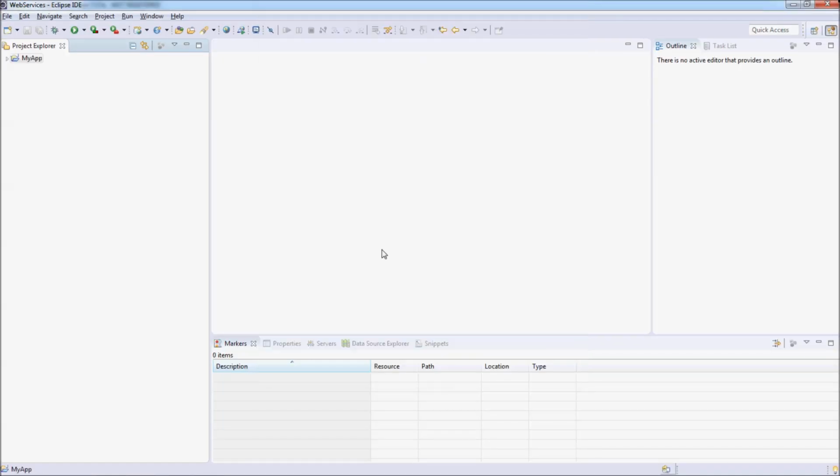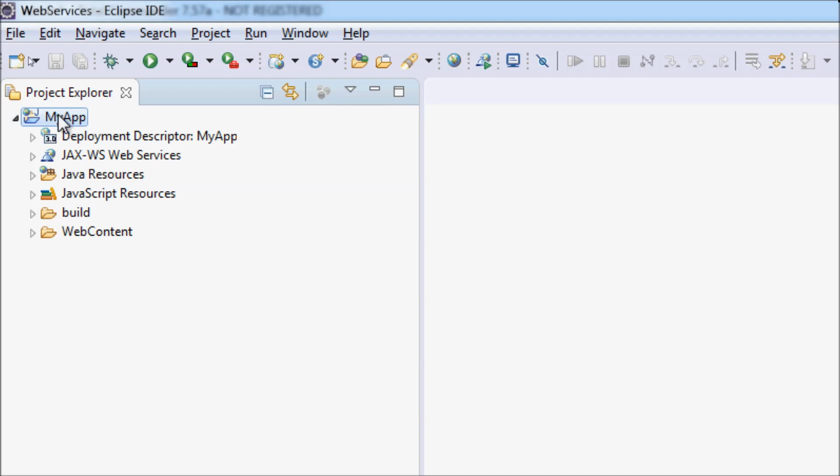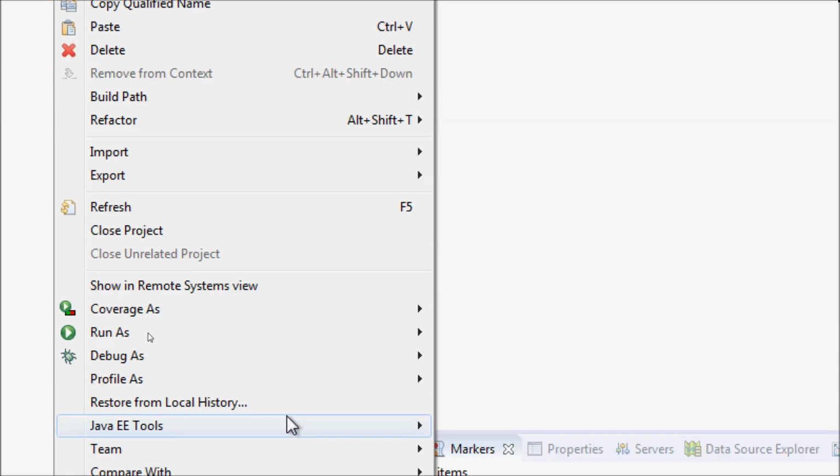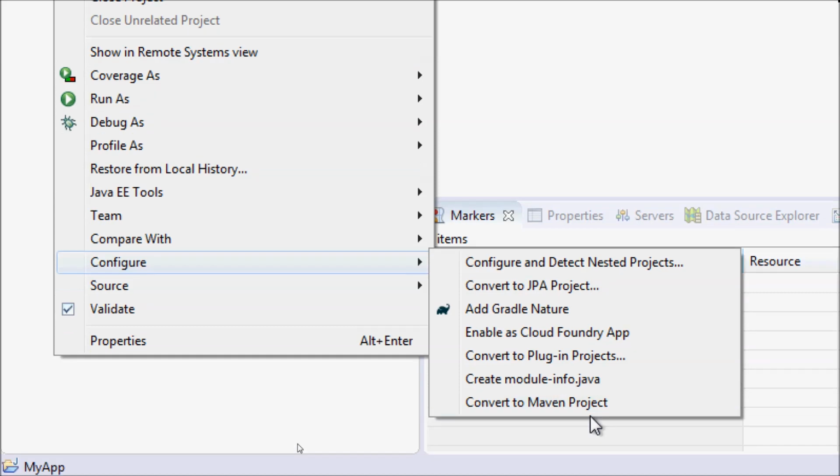Finish. Okay, we got a Java Dynamic Web project created here, and we need to convert this project to have Maven support. Right click and configure, convert to Maven project,